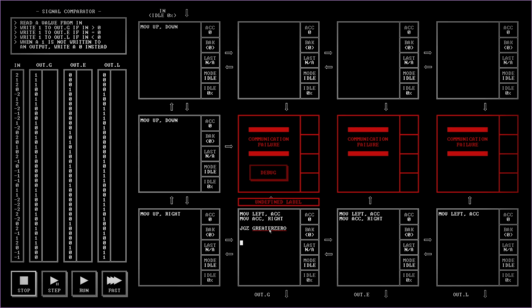Or we can do GZ, which is probably better. So GZ. So if it's not greater than 0, then we won't jump. Therefore, I'll go here, and that means I failed this condition, which means I'll have to write